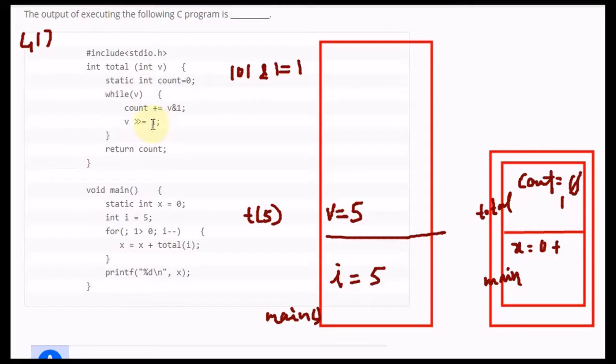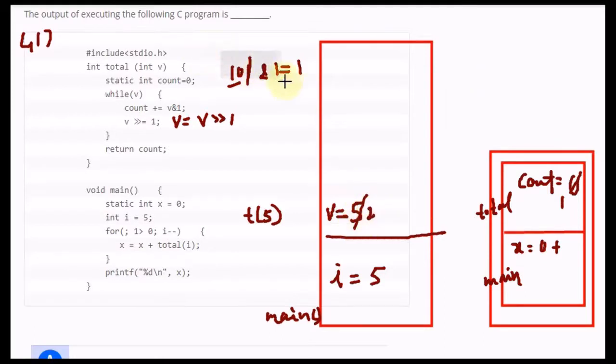What is the meaning of the next line? It is equivalent to v equals v right shift by 1. So this 101 will be right shifted, that means the last bit is gone and only 10 remains, so this value changes to 2.